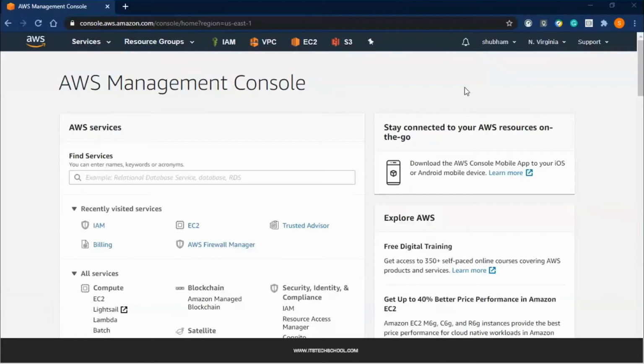So in the last video, we had seen what is IAM, how we can add users, how we can add groups, and how we can provide policies to the user. So in this session, we are going to discuss the VPC, that's the virtual private cloud, why we need a VPC and how to create a VPC, right? So let's start with why we need a VPC.